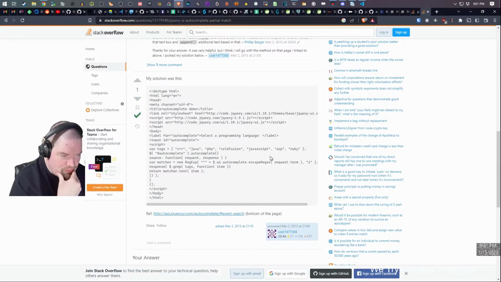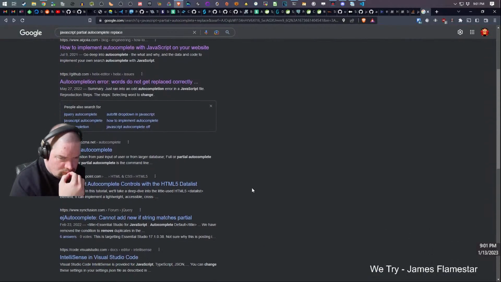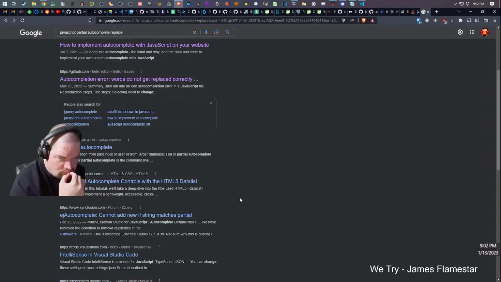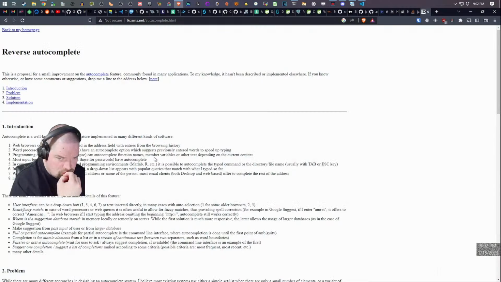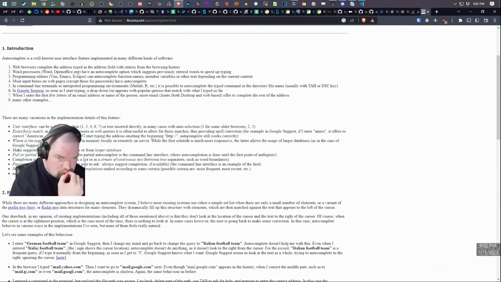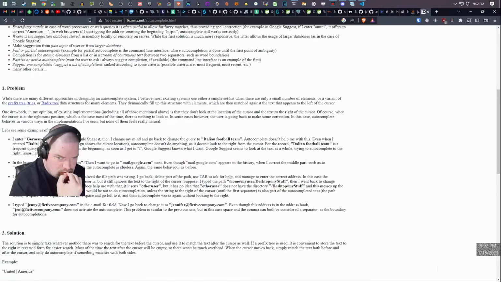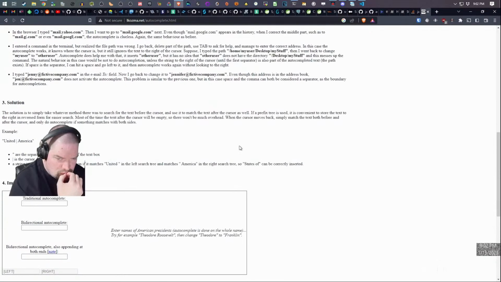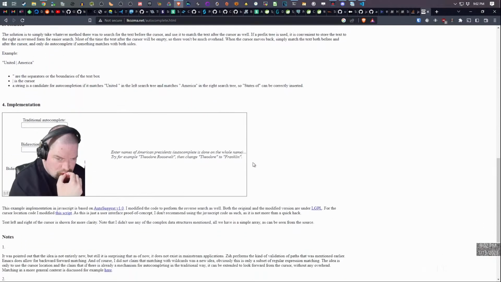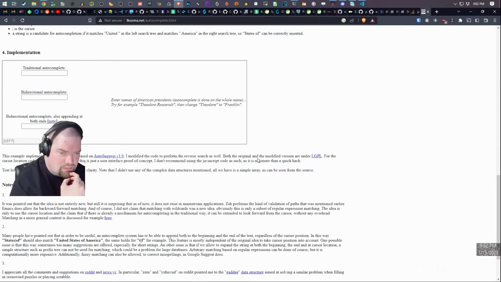They're basically doing the same thing here. Escape regex. Bidirectional autocomplete.